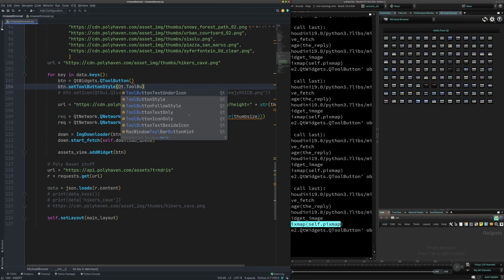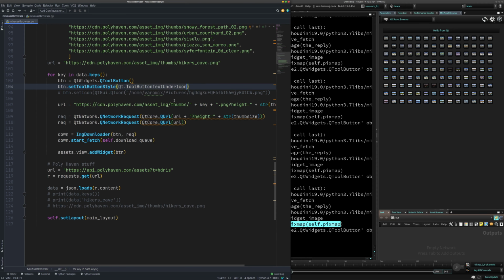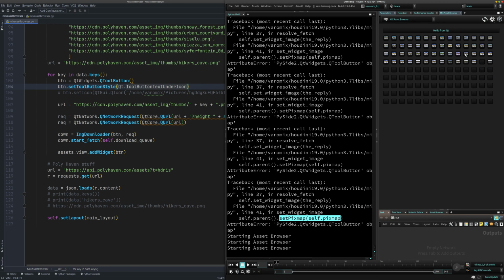You can see there's different styles here. The one I like is text under icon. There's the button style, follow style. I guess these are not styles, but this is the text only, icon only, text beside icon, Mac window toolbar button hint. I don't know if that is in style. I don't think so. So this one is pretty cool because if you see now here, there's nothing there, but